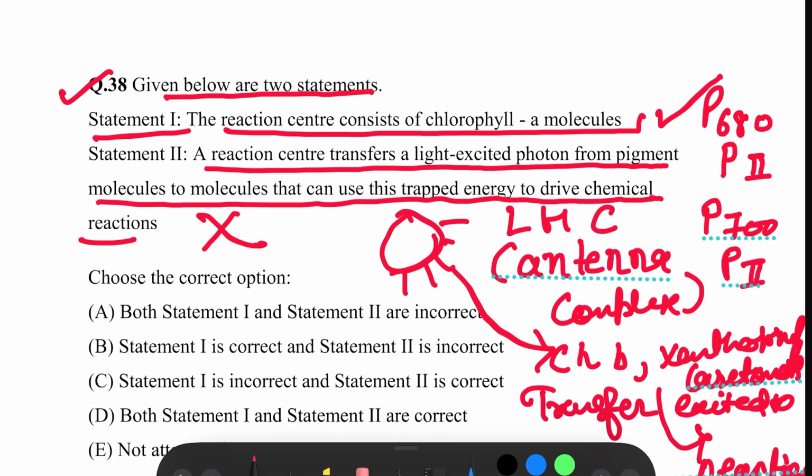So here we can say statement 1 is correct, but statement 2 is not correct. So the answer will be option B. Now move to